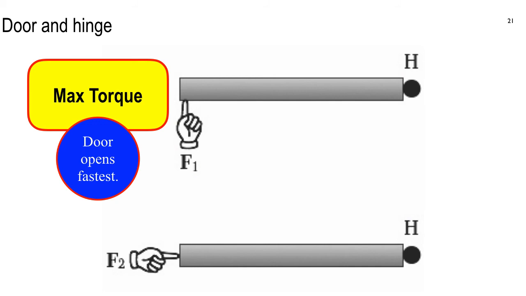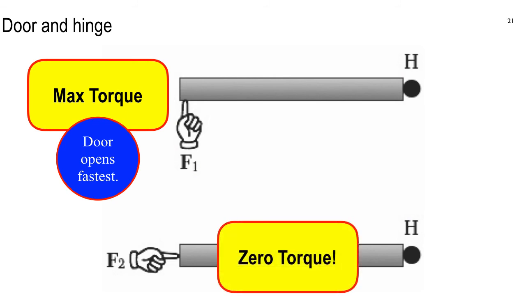That's like pushing straight into the hinge. I mean, he can be Arnold, but if he's pushing straight into the hinge, he's not gonna get jack for torque. So it depends on where you apply the force and the direction in which you apply it. You can have Arnold on the first one, and he's going to open that door. But if you have Arnold on the second one, I don't care how many muscles he has, he can't open it because he's just pushing straight into the hinge. There's no give. The door won't spin either way if you push straight in like that. So this one doesn't open.